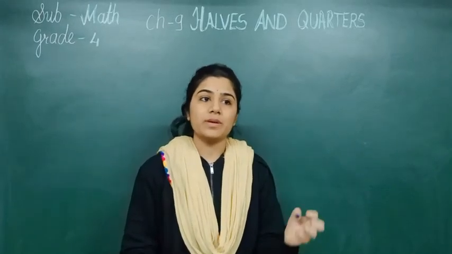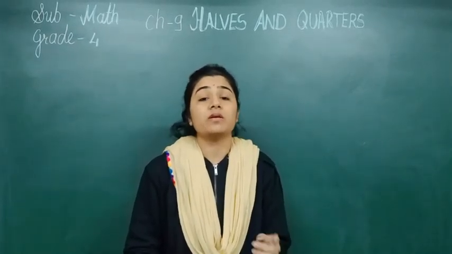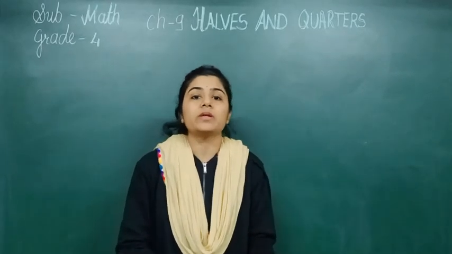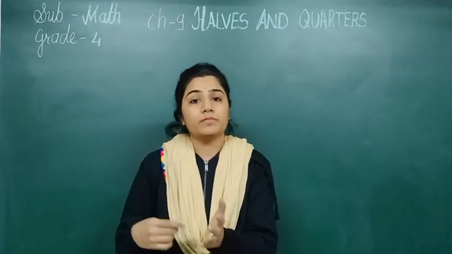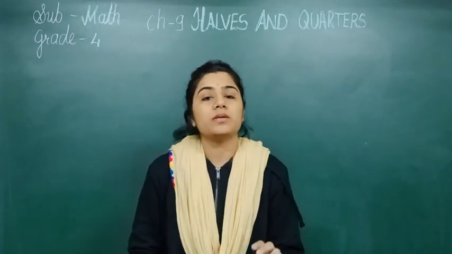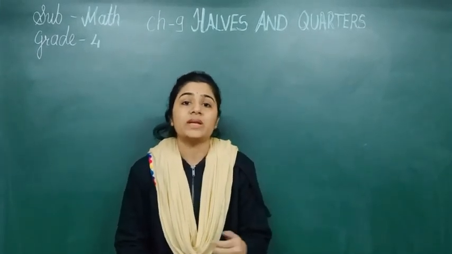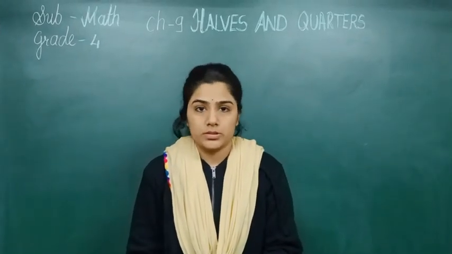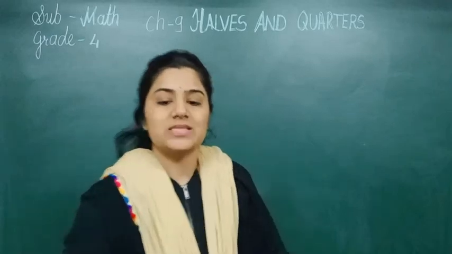Suppose you have a capacity, say 1 liter of milk. You have to bifurcate that 1 liter of milk into different fraction parts. Suppose we have 2 bottles. Right now I am showing you how we can divide this 1 liter of milk in the bottle, in fraction form. So let's start.